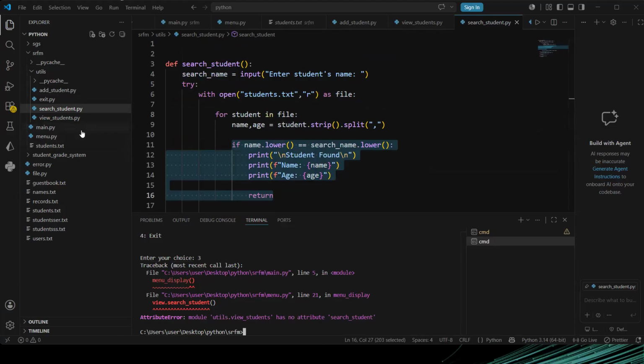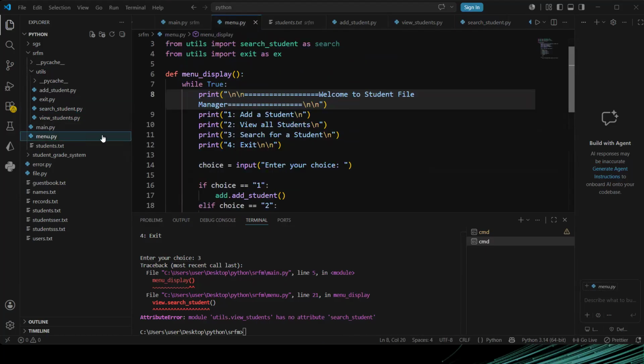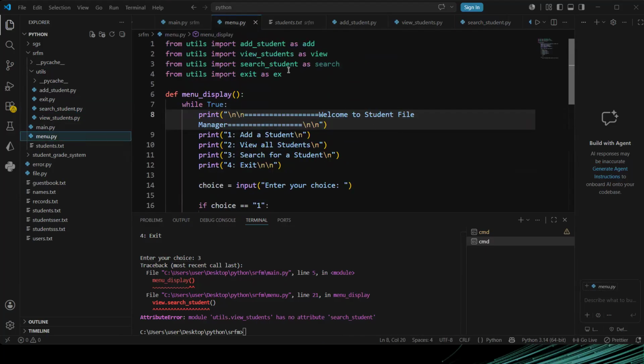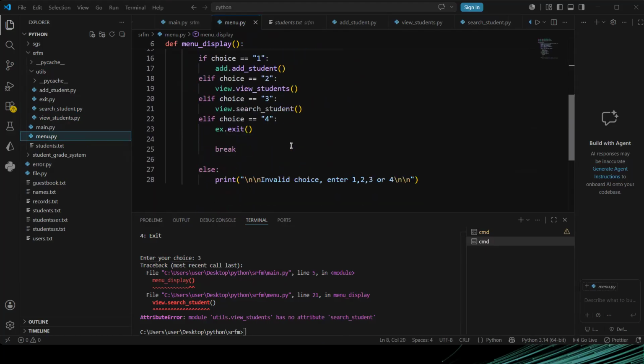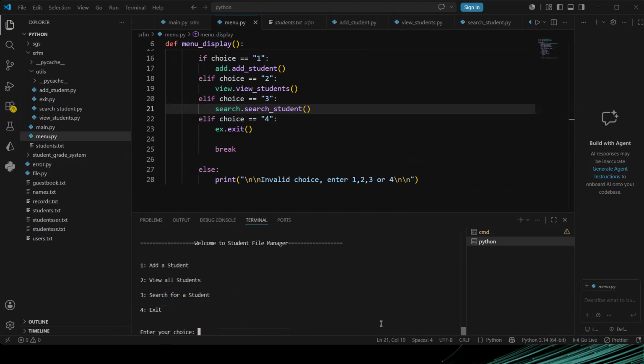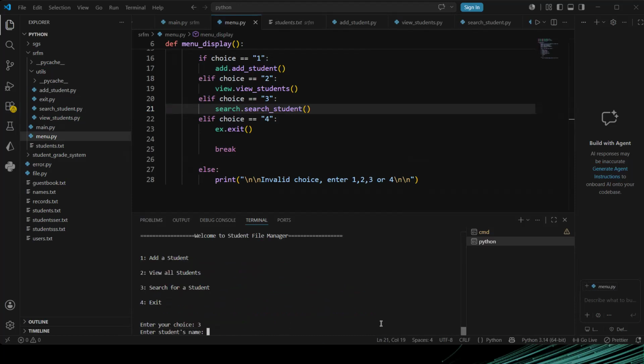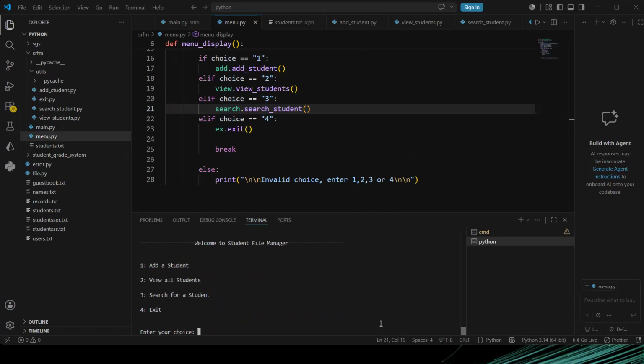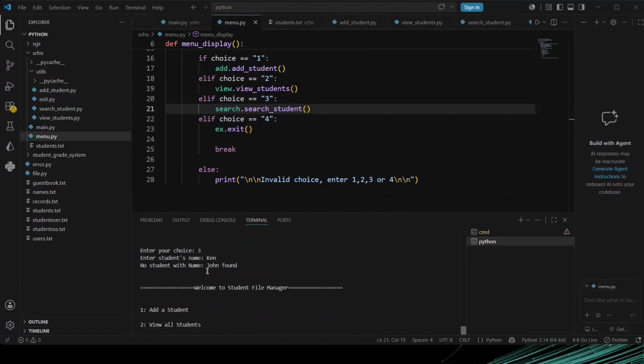So if I go to menu, oh, okay. Sorry. I should use search, not view. Is search the search student? Okay, so that's it. Wrong distance. So I'll search for student. It says enter student's name. If I enter Ken, we don't have Ken. We don't have Ken. So it says no student with name